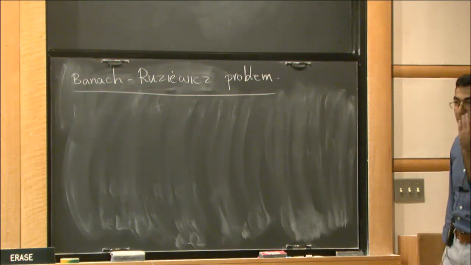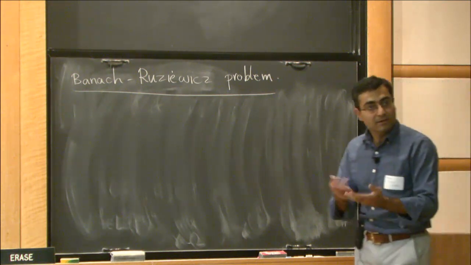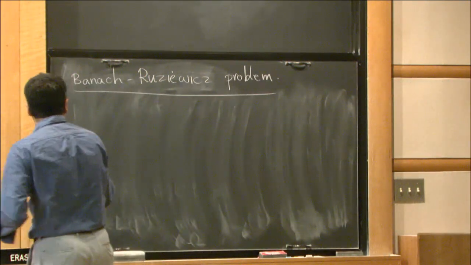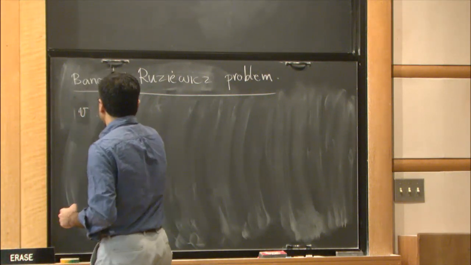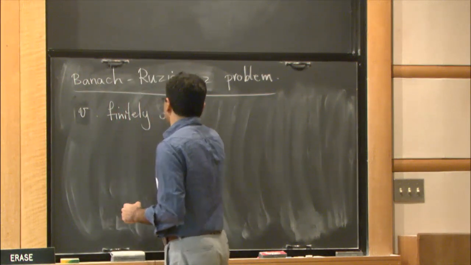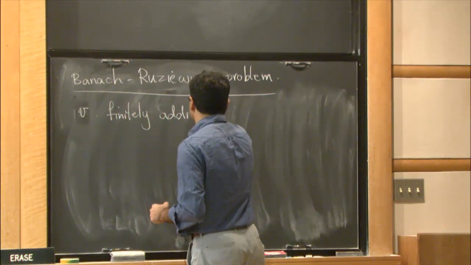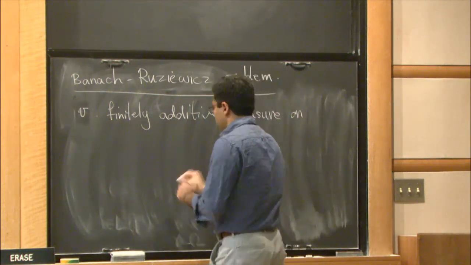Then he asked, do we have this phenomenon for S^n if n is more than 1? So the question is, if nu is a finitely additive measure on Lebesgue sets,